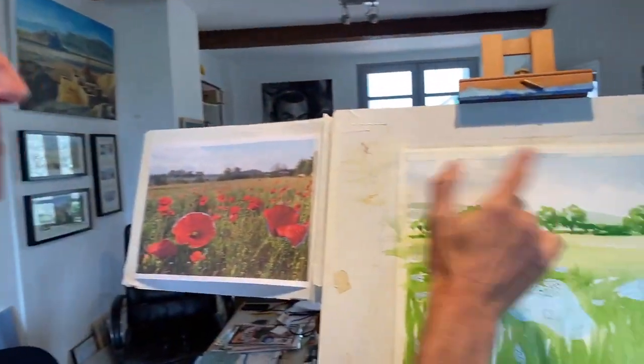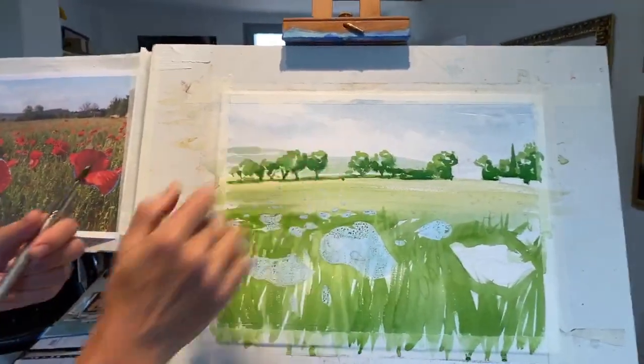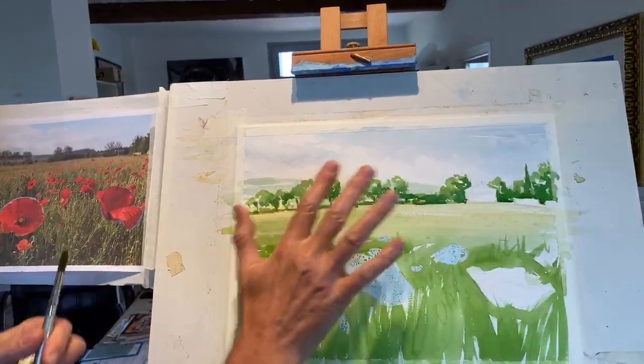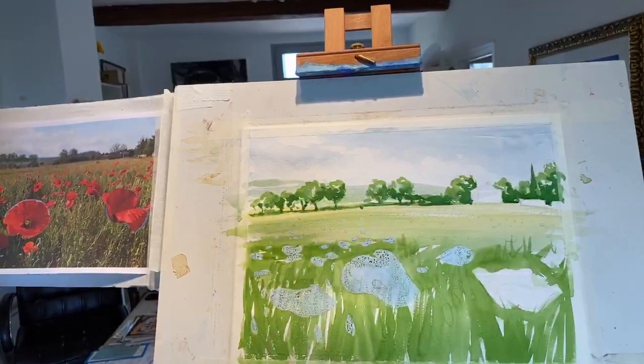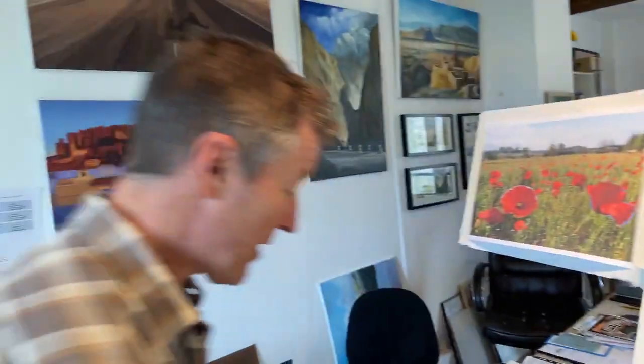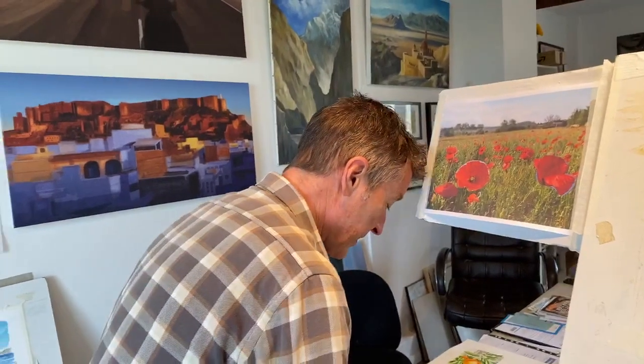So this is quite nice, to have a few little soft clouds. But the thing to do, paint with the sky, bear in mind, keep a little bit of white in there and work quickly with a kind of clean damp brush or even a tissue just to keep it soft, and it'll eventually all fade back. Right, so I can't think what was next. I think what we're going to do now is...